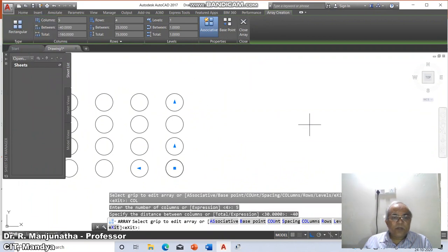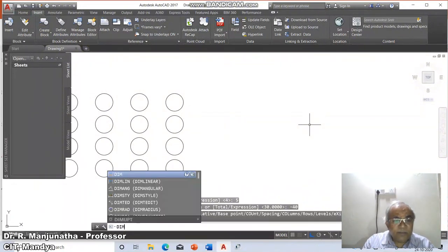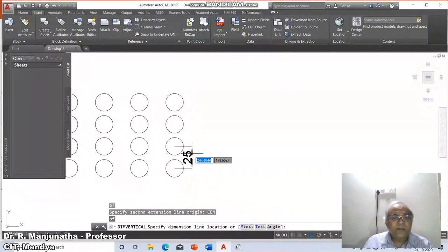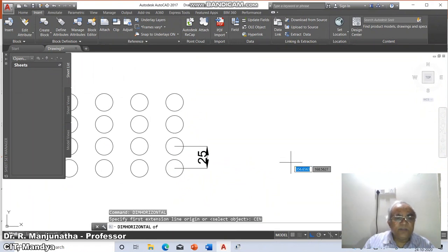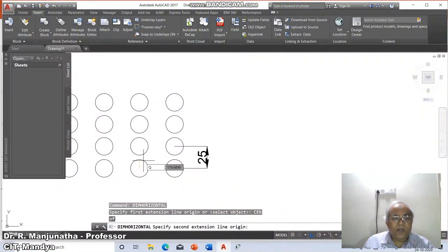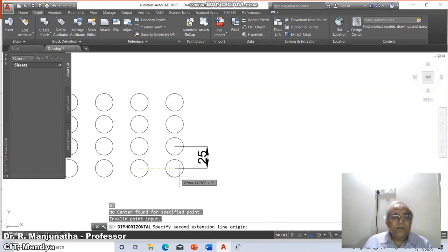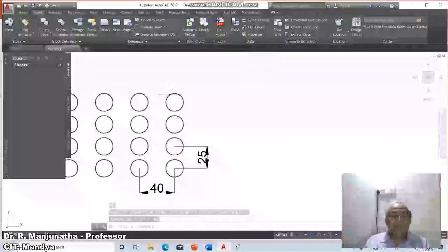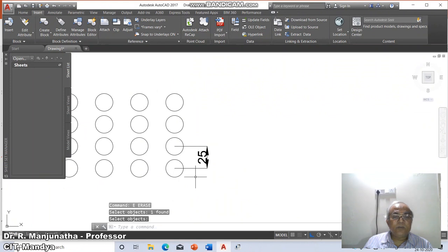Then by default you exit, so you come out of this. Here, if I want to show by means of the dimensions, I will say center of this to center of this. So you get 25. Similarly, center of this to center of this, whichever one you want. So you get 40. This is how it is placed. In the y direction it is positive, in the x direction it is negative, so obviously you get it in the second quadrant.